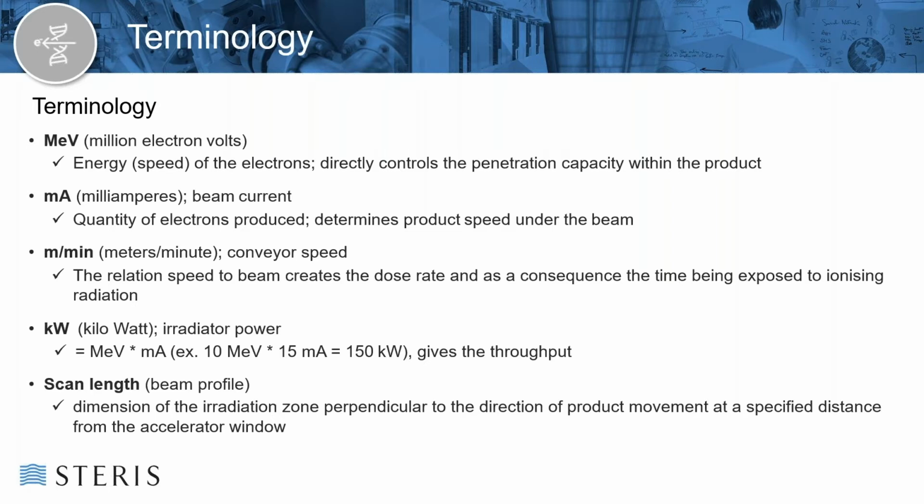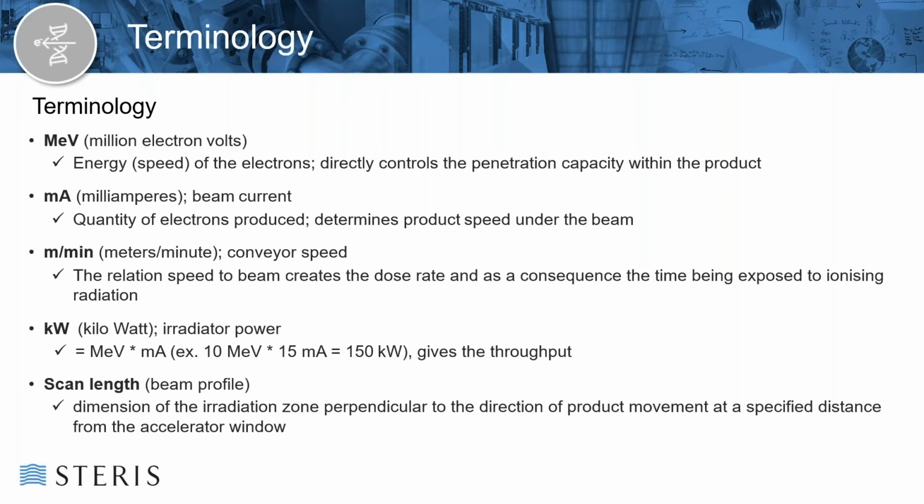This is short for millions of electron volts. The energy is the speed of the electrons. It's how fast the electrons are traveling. It determines the penetration ability of our electron beam source, and choice of the right energy is a key aspect of determining what you're going to be able to process